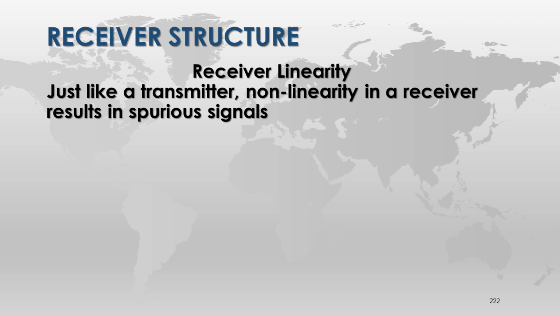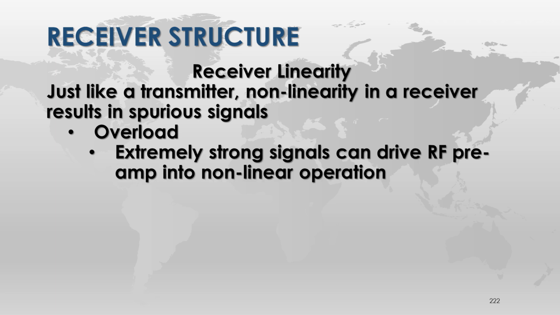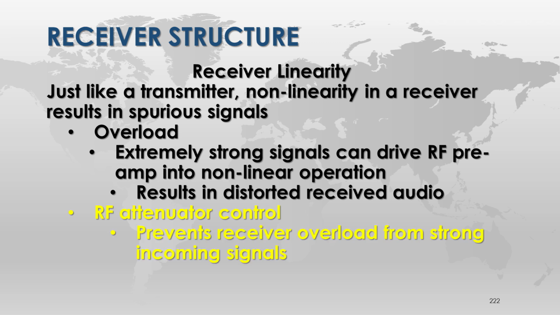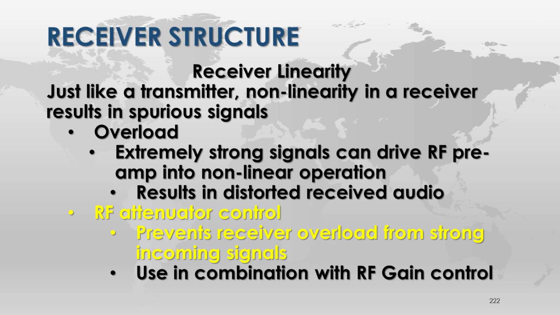Receiver linearity. Just like a transmitter, nonlinearity in a receiver results in spurious signals. It can cause overload: extremely strong signals can drive the RF preamp into nonlinear operation. Nonlinear is not good. It results in distorted received audio. RF attenuator control prevents receiver overload from strong incoming signals. Used in combination with the RF gain control,